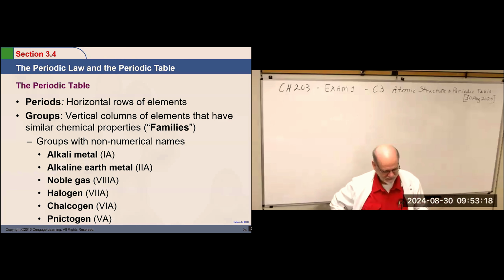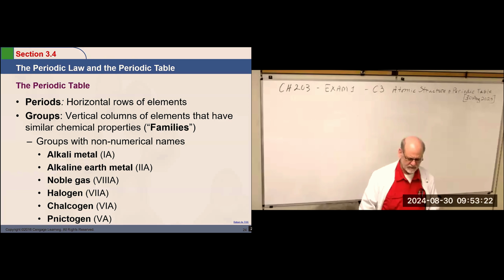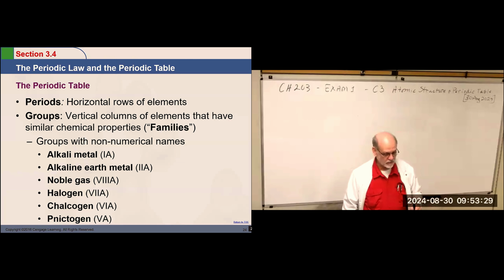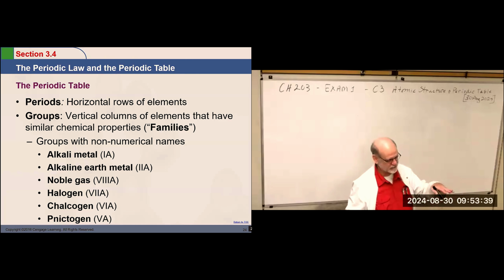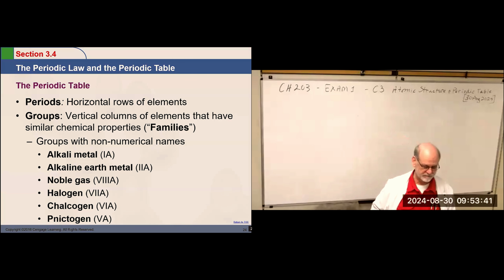Okay. So groups used to be called families. And periods are left to right, groups are vertical. Actually, Mendeleev's first chart was flipped 90 degrees. His groups were left to right and his periods were vertical. But the second publication, he rotated them. Now he had some periods go left to right. And that's where they've been ever since.